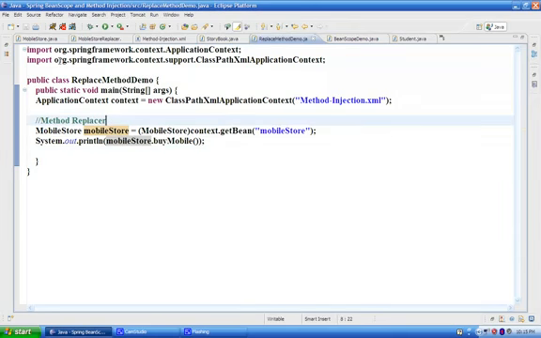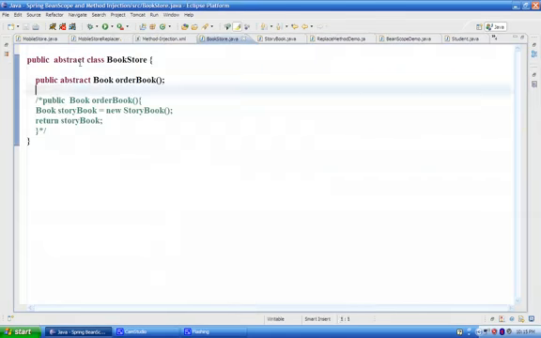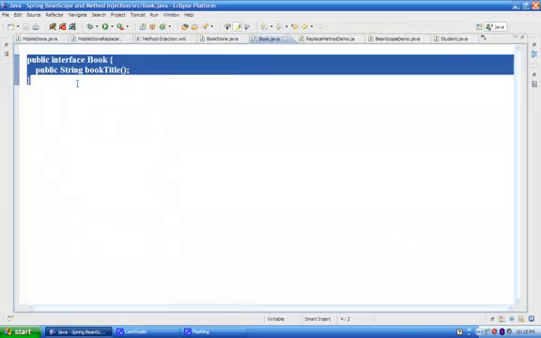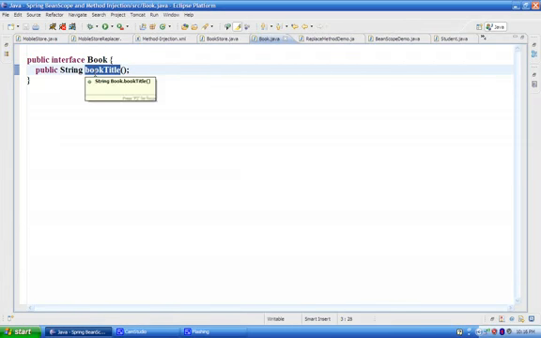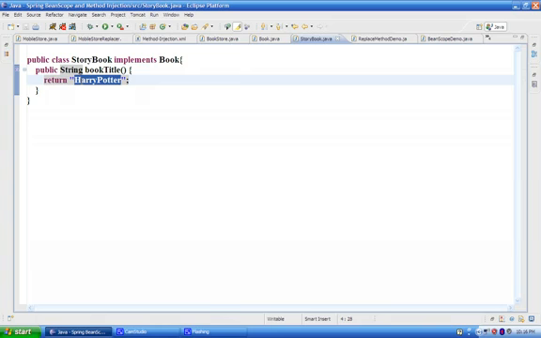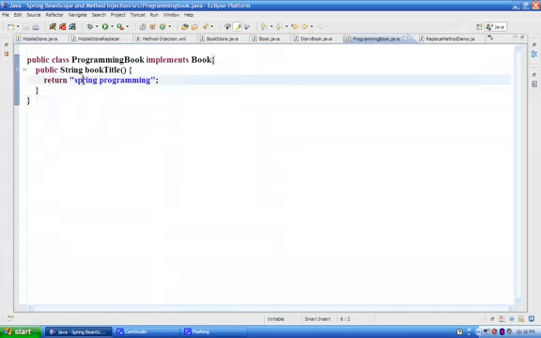And coming to the third concept, lookup method, I have a bookstore which I have created. This is an abstract class, and I have an abstract method defined known as order book. I have a book interface which has a method known as book title, and two implemented classes: storybook, which has book title as Harry Potter, and the next one is the programming book, which I am returning as Spring programming. If you go ahead to see the configuration,